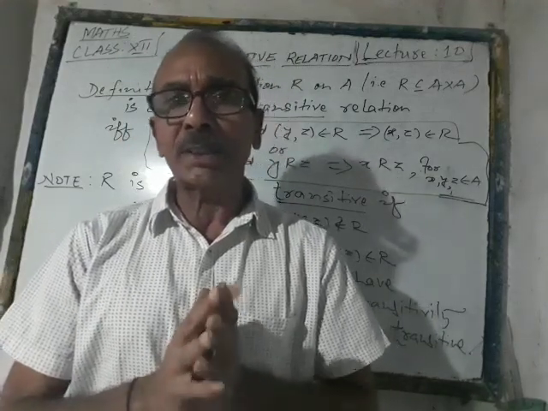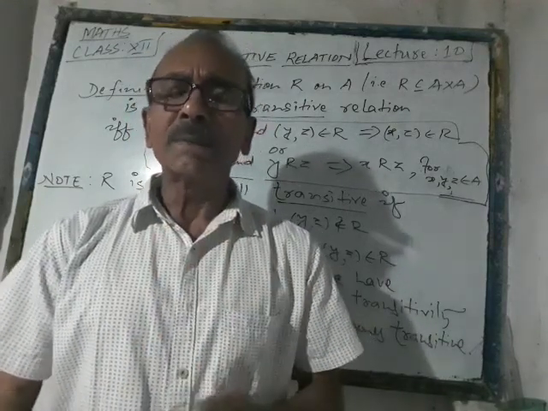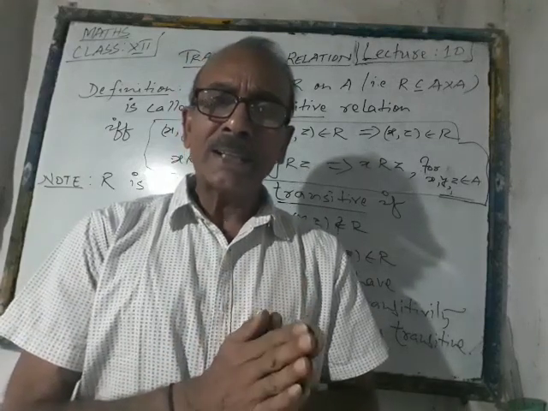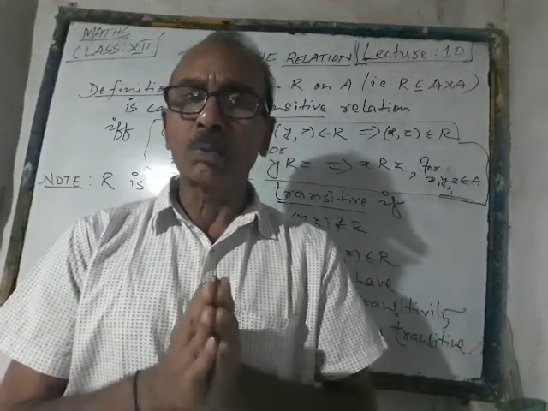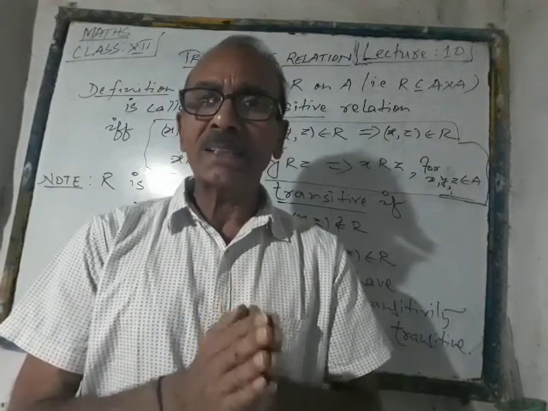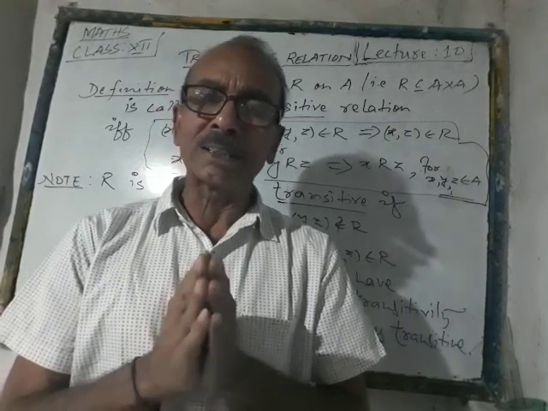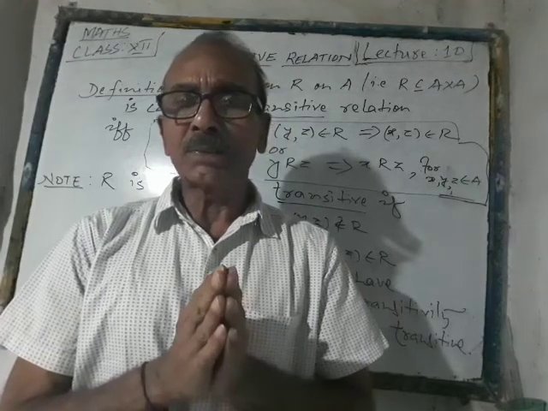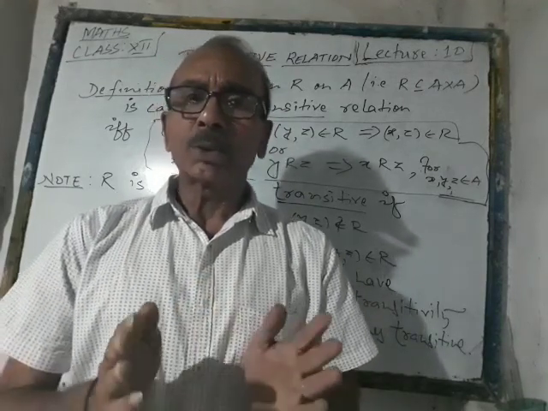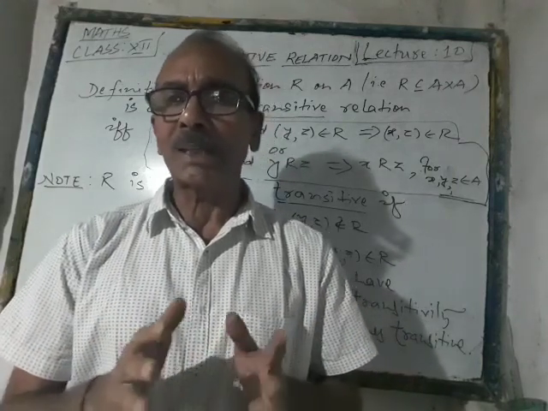So far as symmetricity is concerned, how many objects do we take? Two objects. They may be the same or different. We relate A with B under the given relation and watch whether B is related to A or not. If A is related to B, then it is necessary to see whether B is related to A for that particular relation. Then it would be symmetric. So we have already understood reflexivity as well as symmetricity in a better way.